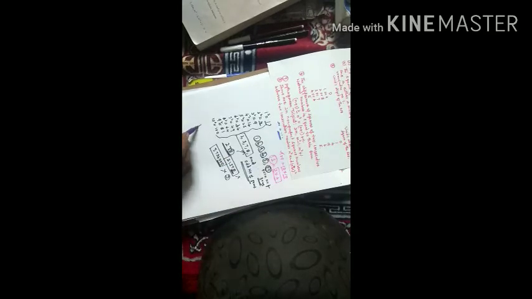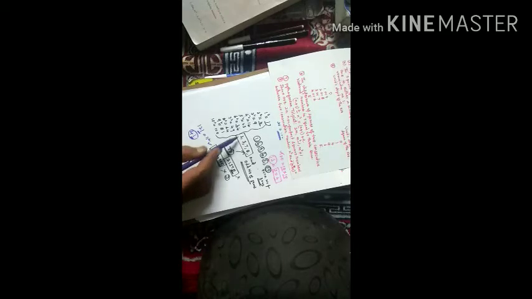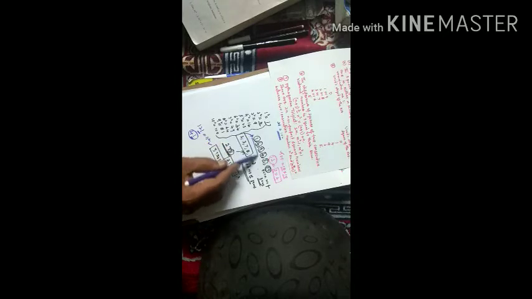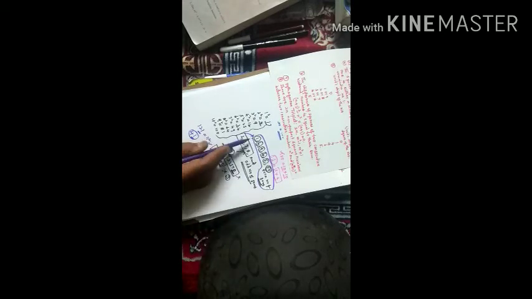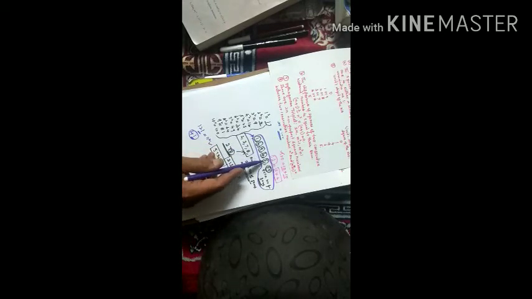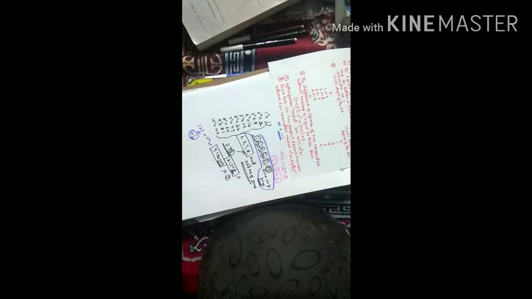For example, here 121. 121 is ending with 1. Therefore, it is a perfect square number, 11 square. But 41, if I take 41, it is also ending with 1, yet it is not a perfect square. So this is a very, very important property you have to understand. That is, if a number ends with 1, 4, 9, 6, 5 or an even number of zeros, it may or may not be a perfect square number. Sometimes it may be a perfect square number, sometimes it may not be.